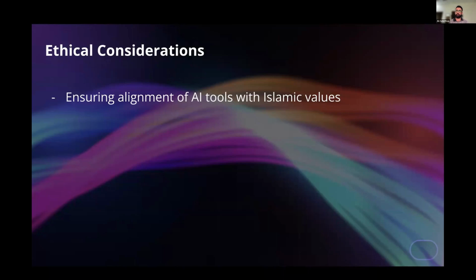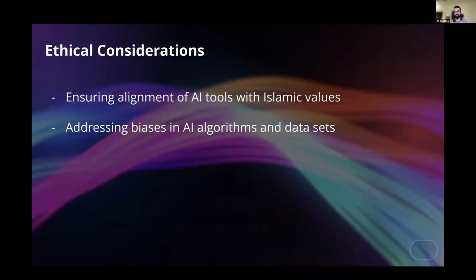And that is our ethical consideration, that we have to make this ideology common, that you can't just blindly trust anything. And then addressing the biasness in AI algorithms. It's common knowledge that there are two prominent groups when it comes to Islam. And when you take information from one group, it has its own biasness, and the other group has its own biasness. So how do you minimize the biasness is a challenge when it comes to AI,